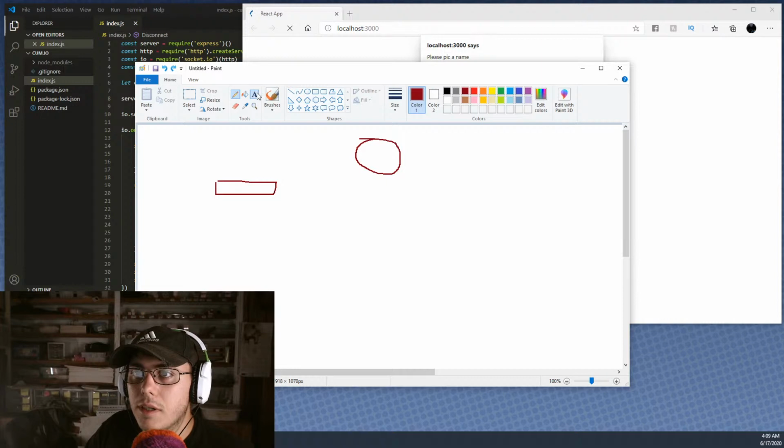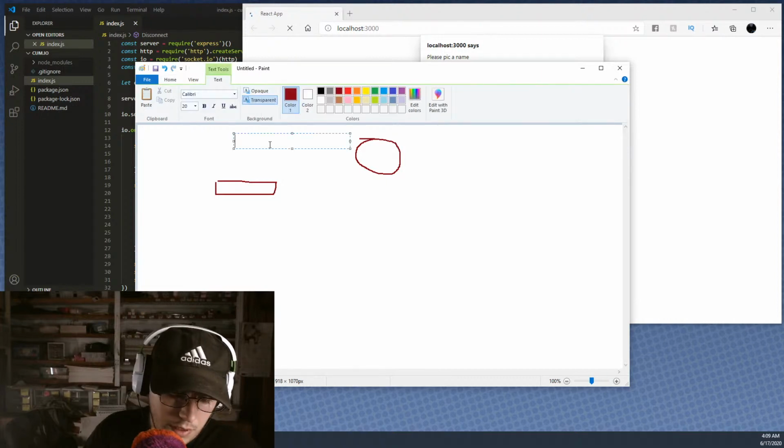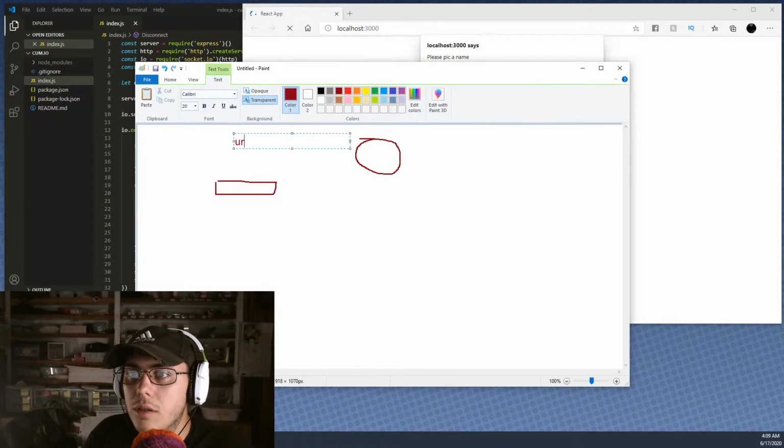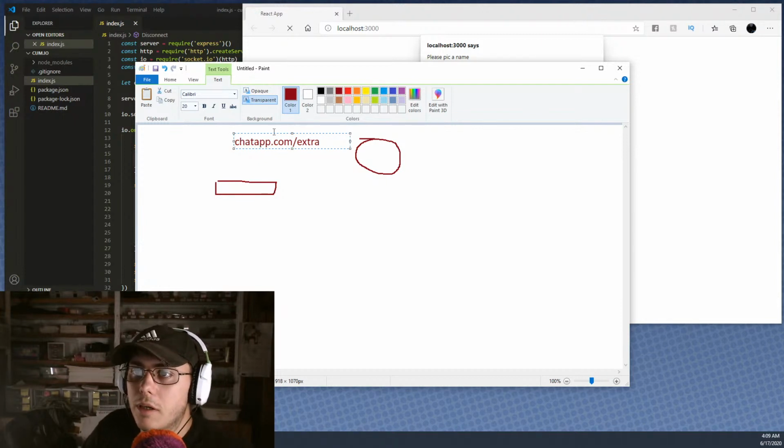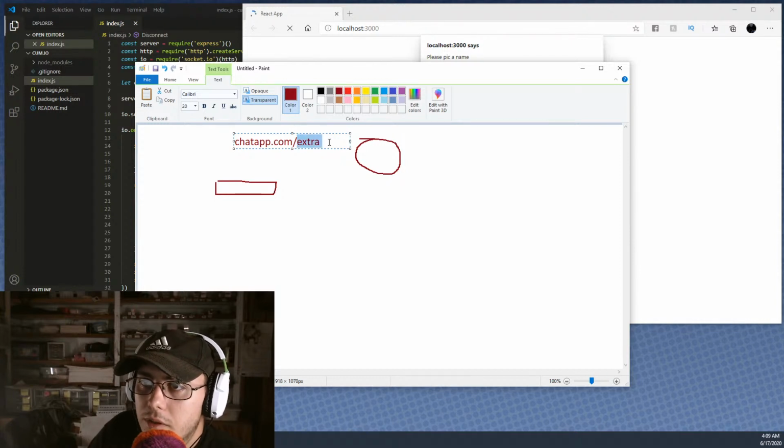Let me actually type it out. It'll be url.com/extra, or I'll just do chatapp.com/extra, and then whatever this extra is,